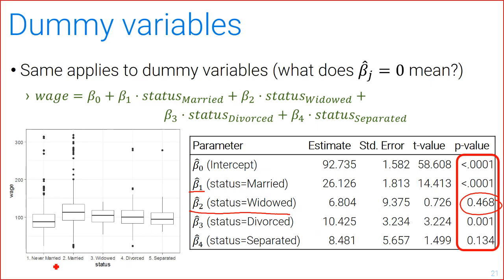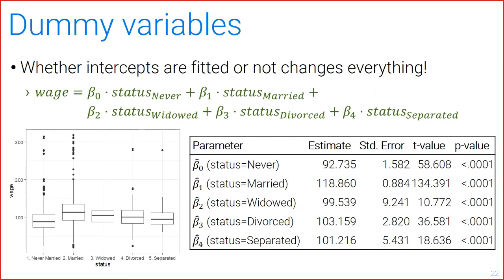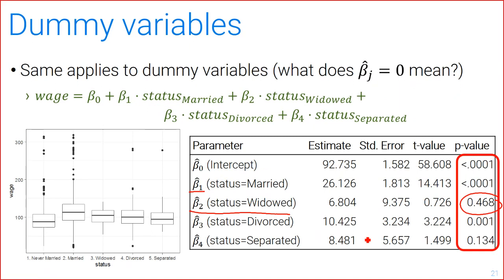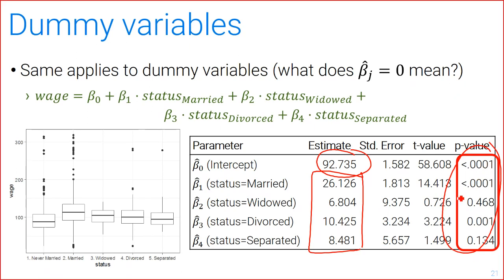And of course, everything changes if we don't fit the intercept. If you remember, we could decide not to fit an intercept and just have a dummy variable also for the first group, the never married group. And then the interpretation of these coefficients is going to be different, because while here we were measuring all these as deviations from the baseline,